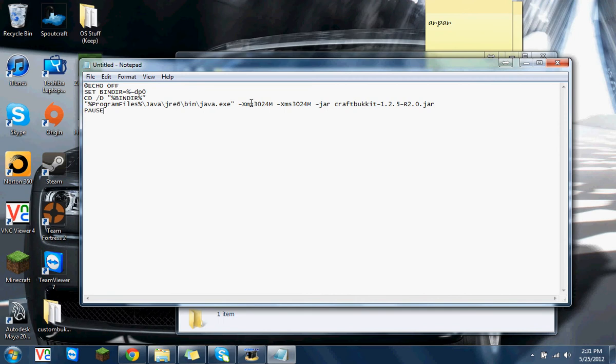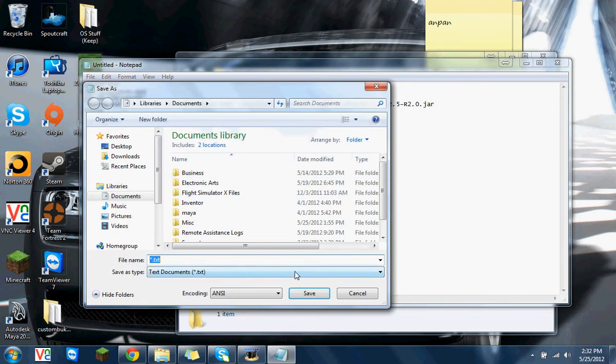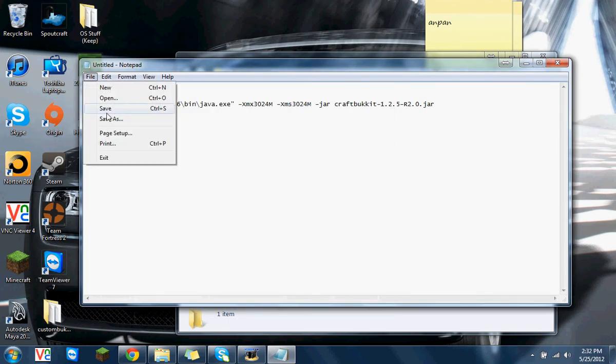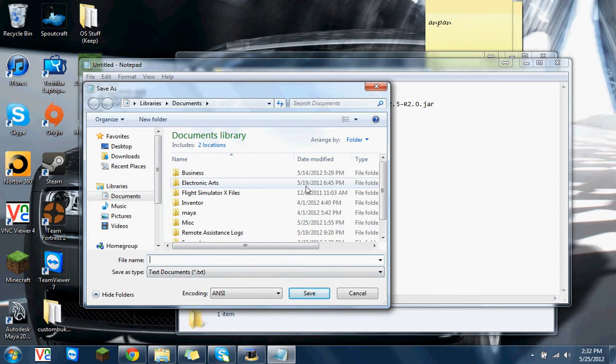And you don't have to do this either. I'm just doing that because I like lots of RAM. Okay, we're going to save this. Save it as run or start